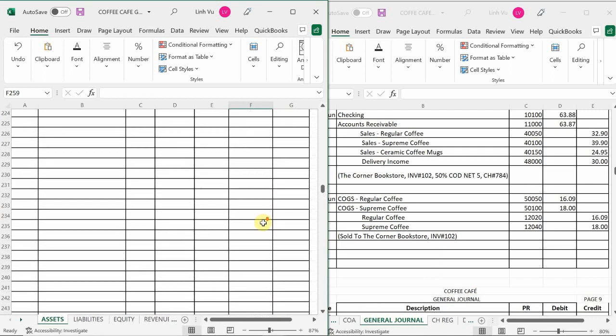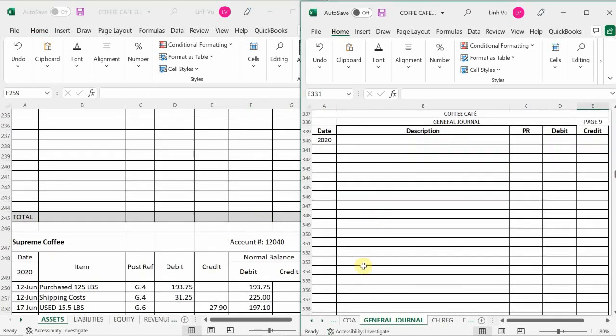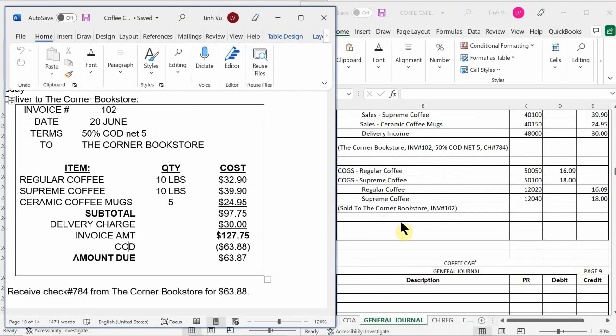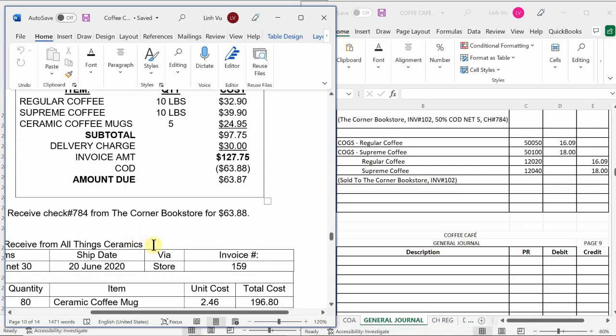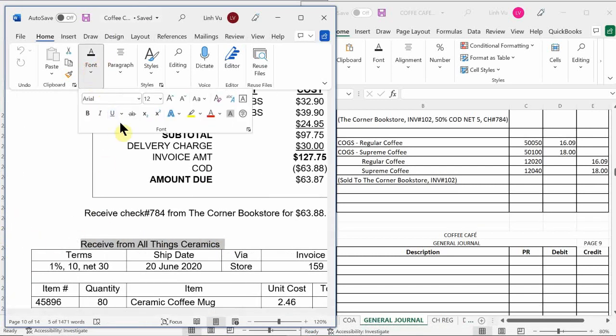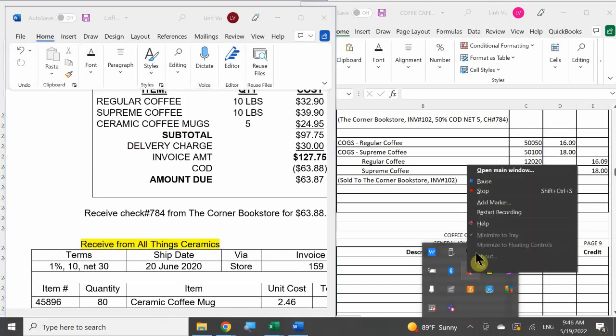Okay, and I'm going to stop here for now. Okay, we deposited the money, we updated the journal, we did everything that we needed to do here. So that means I'm going to stop here for a little break, and then we'll continue when we come back from the break. Okay, so right now